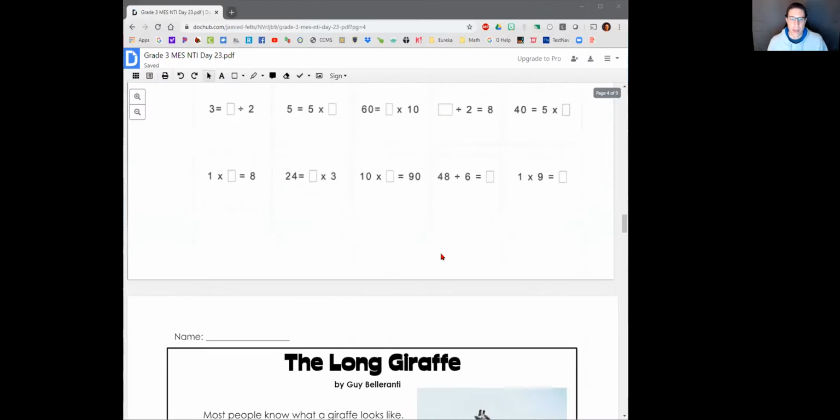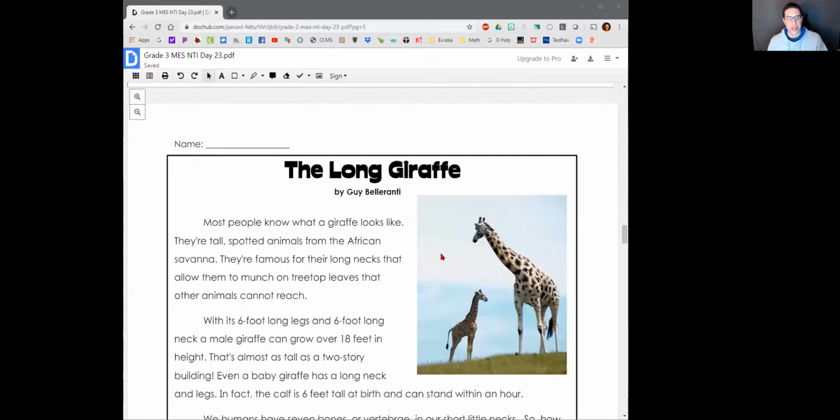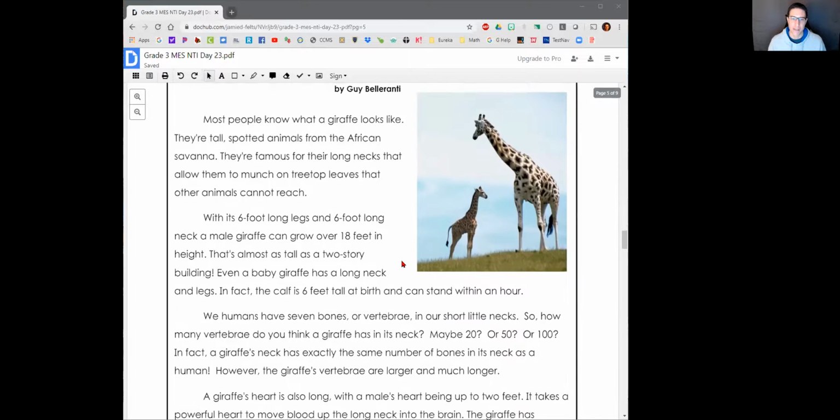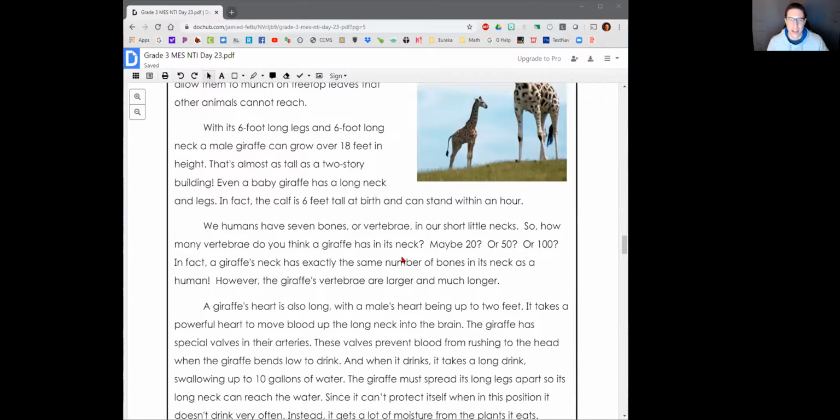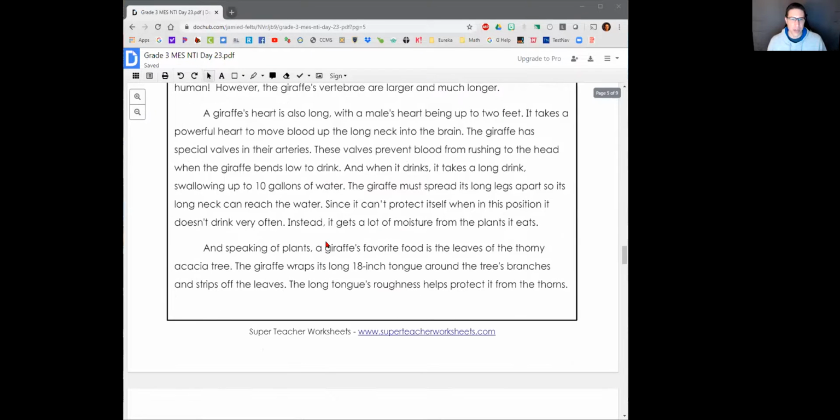So there's our math. This is a great story. This is our reading for the day. It's a nonfiction story. It's true, called The Long Giraffe. And there are just a ton of interesting facts about math here. If we go down through here,